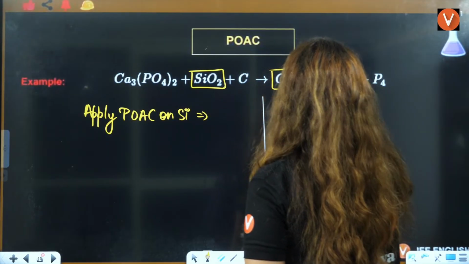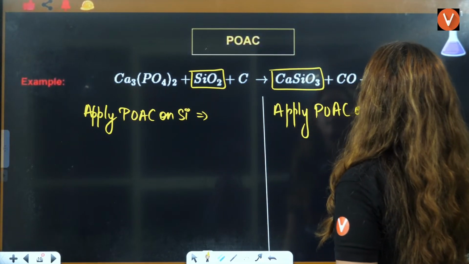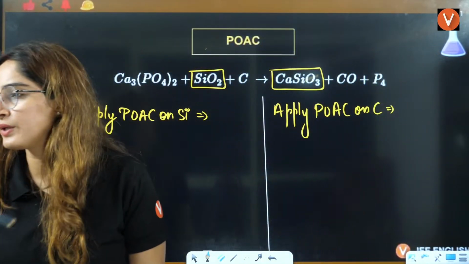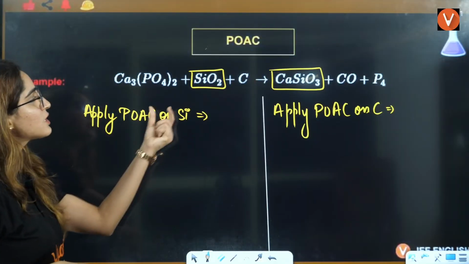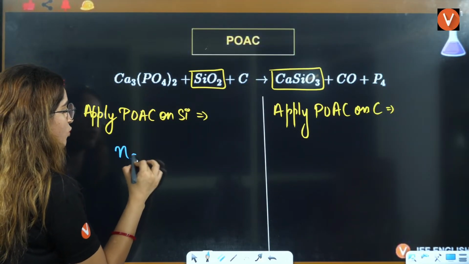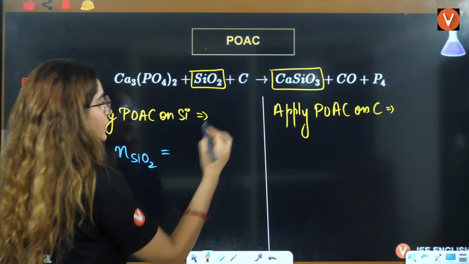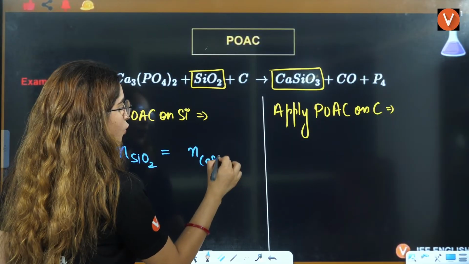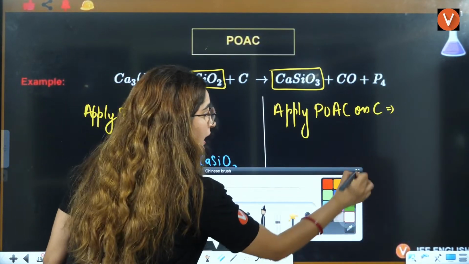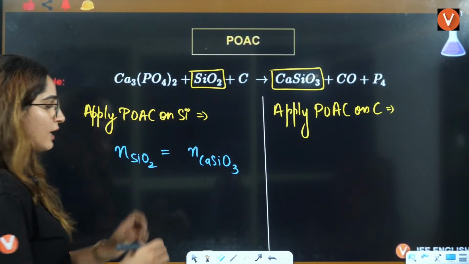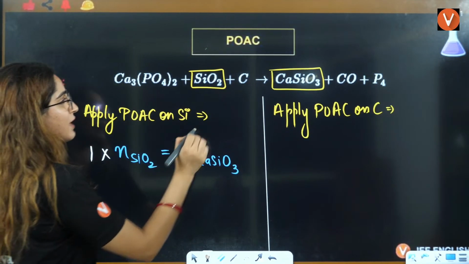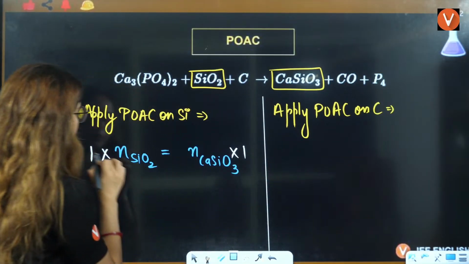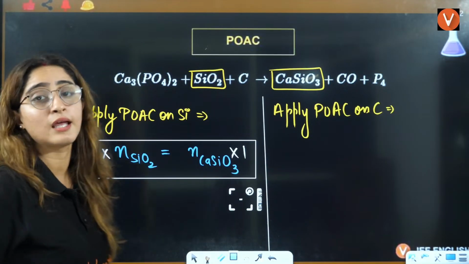Apply POAC on carbon. Oxygen, maybe you will find it a little tough, so that I'll do on the next page. POAC on silicon: number of moles of SiO2 equals number of moles of CaSiO3. Here you have 1 silicon in 1 molecule, so it is multiplied by 1. Here also you have 1 silicon, it is also multiplied by 1, and that becomes your final answer in this,